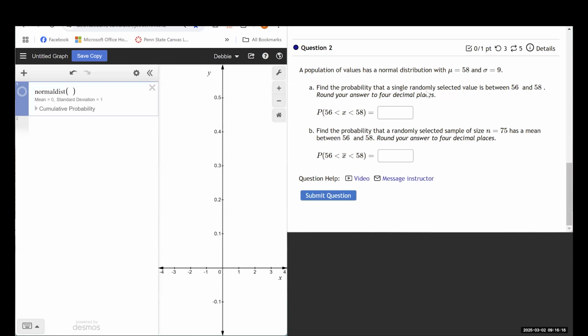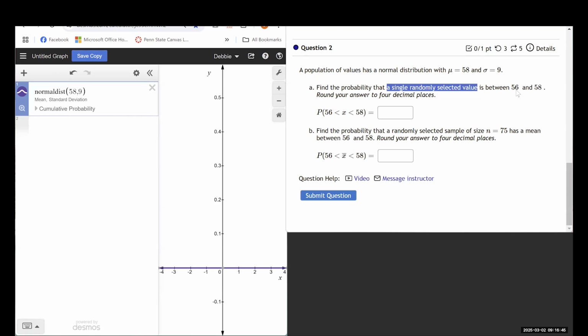Right, we're asked to find a couple of probabilities regarding a normal distribution that has a mean of 58 and a standard deviation of 9. So of course, we're going to start by defining our normal dist 58, comma 9. And the first question asks us to find the probability that a single randomly selected value from this distribution is